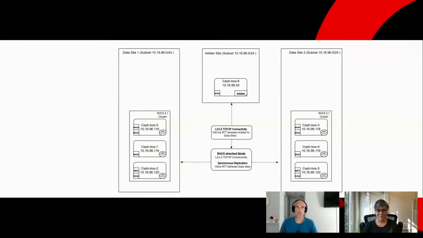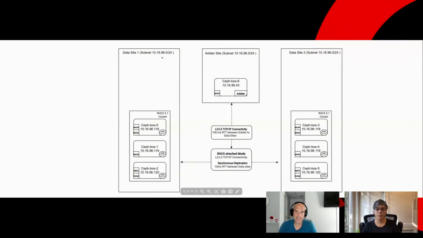So, things to notice on this diagram. Right away we can see that we have 3 sites. Instead of having a single site, now we have 3 sites: data site 1, data site 2, and an arbiter tiebreaker site here. So, speaking about networking of our Ceph cluster, first we can say that in this example,